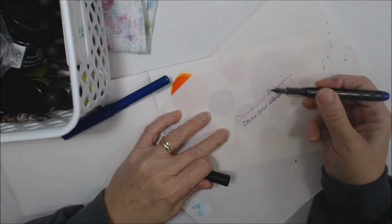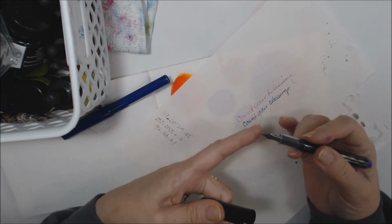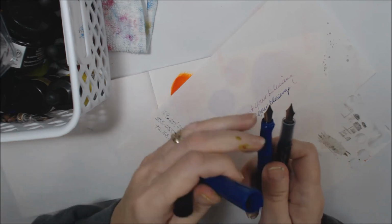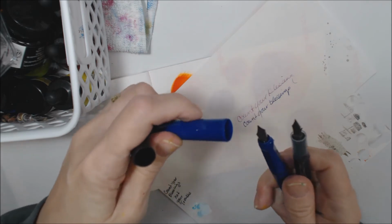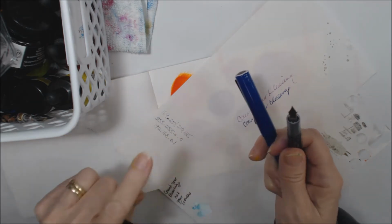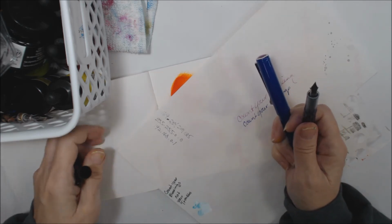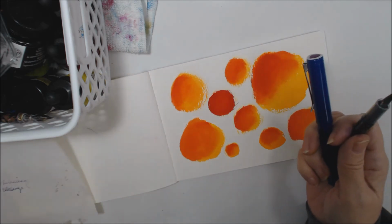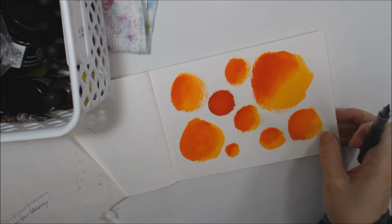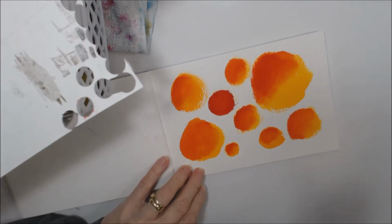It's a little darker purple, so it's nice to have the two different colors. This one is a little bit thicker nib on the end. If you look at the points, you see how this is a little finer point than this one. So you can get them in different sizes, and that's another plus, is that you can have different size nibs and do what you want with that. But for today, I'm going to just do